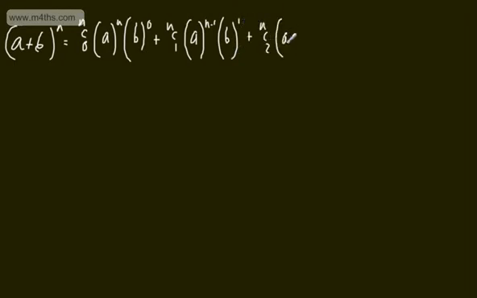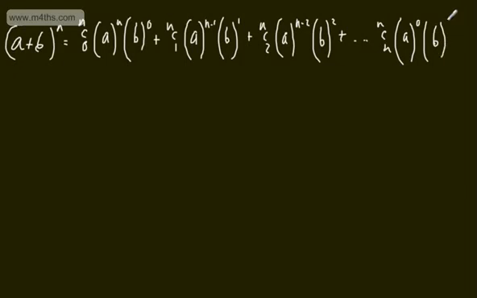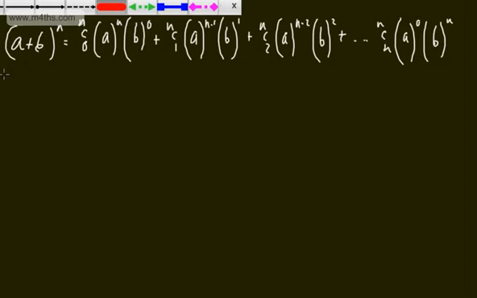a^(n-2) b^2, right up to the final term, when we had nCn a^0 b^n. We could write the first term as nC0 and then just a^n, as we know b^0 is 1. In the same way we can write the final term as nCn b^n, as a^0 is 1. So this is one way that we could expand a binomial when we had a positive